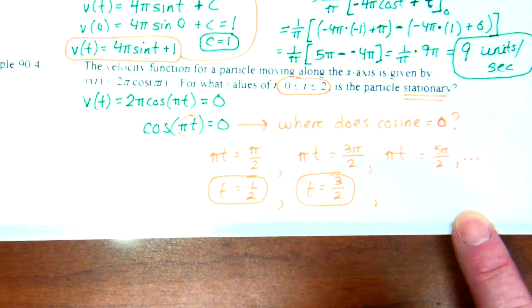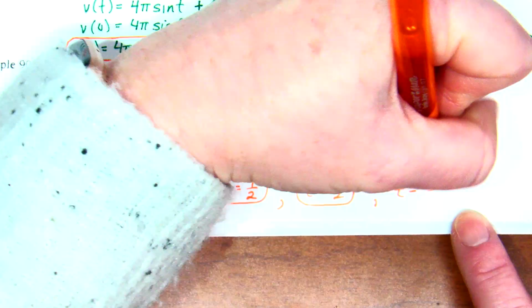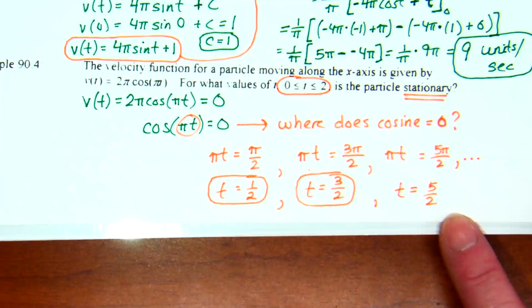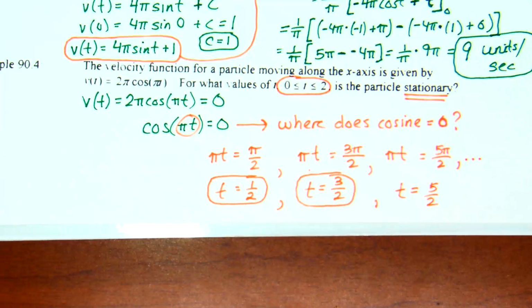Okay. What about pi t equals 5 pi over 2? Divide by pi, and t is 5/2. Do we need that answer? No, because it's 2.5, it is now past the interval of 0 to 2. And so obviously if this one had stayed in the interval somehow, then I would want to keep going until I find one that doesn't work. That was half right. I just cut the 1 too soon. Yep. Which is why I went 1 too far on purpose. So,